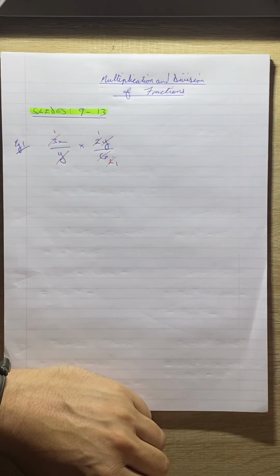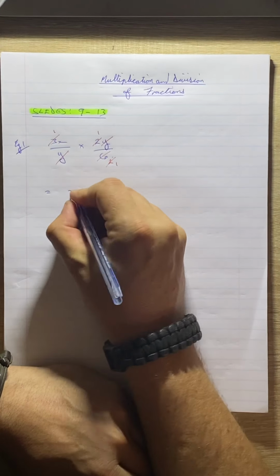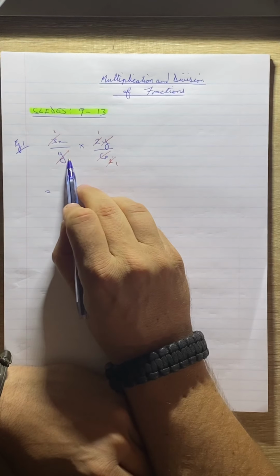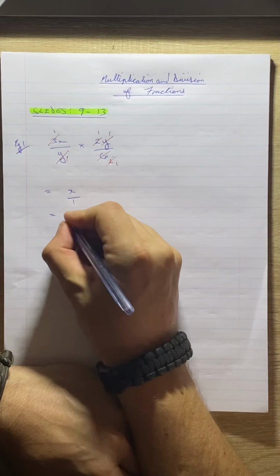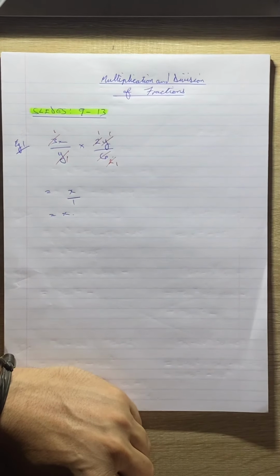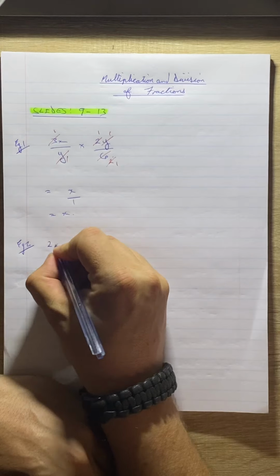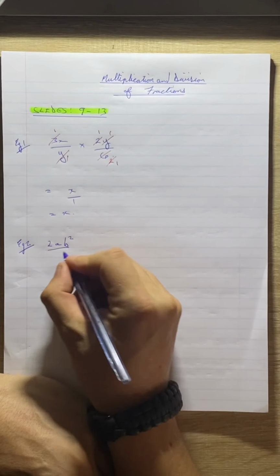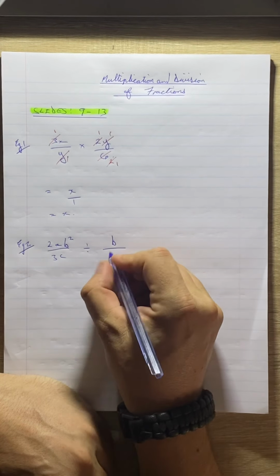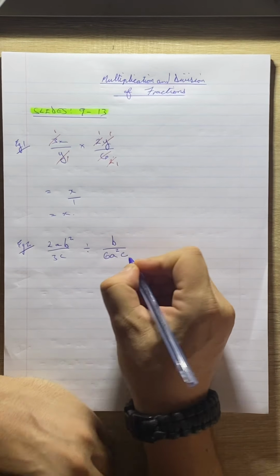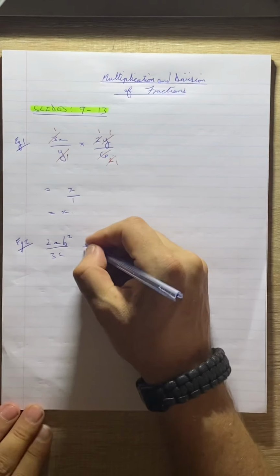Okay? So what we're left with is at the top here, we've got x times 1, which is just x, over 1, so this was a 1. 1 times 1 is just 1, so our final answer is just x. Okay, if we look at example 2, we've got 2ab squared over 3c divided by b over 6a squared c. Now, grade 10s, before I even look at factorizing or anything like that, remember, if you are